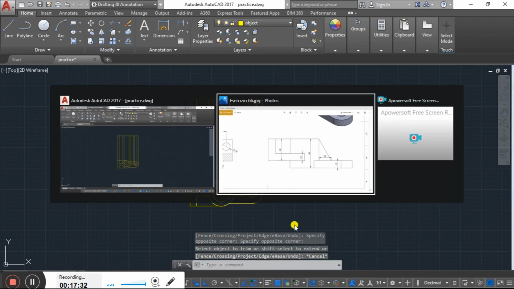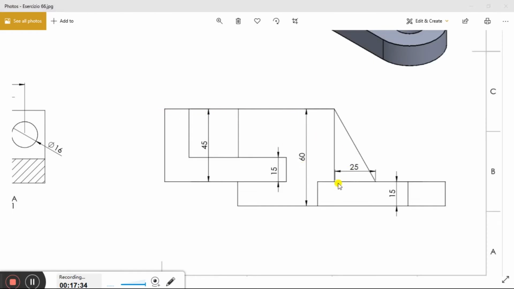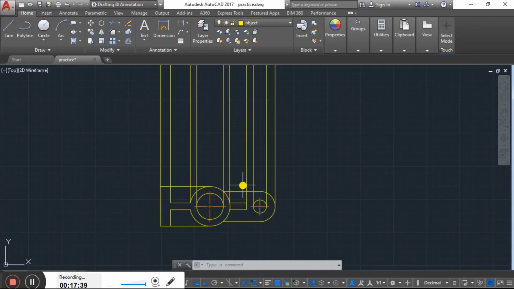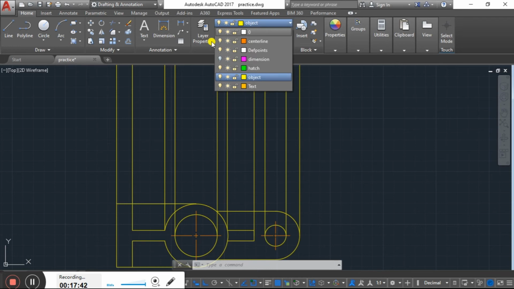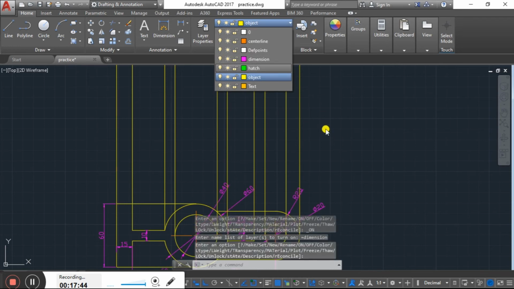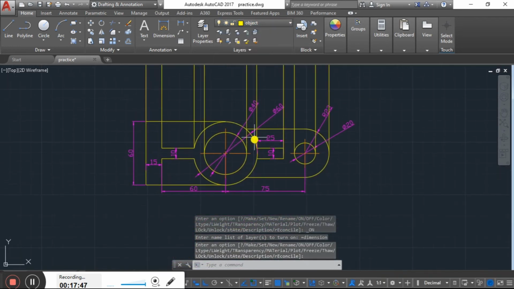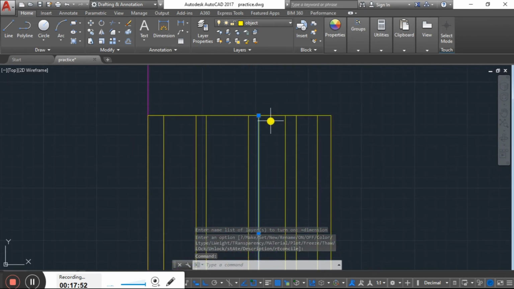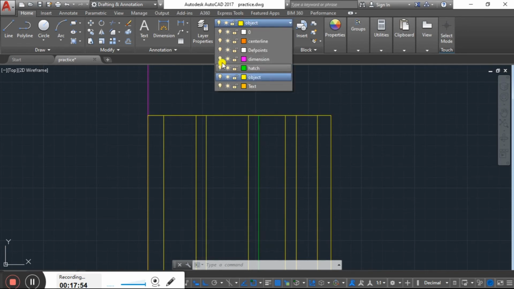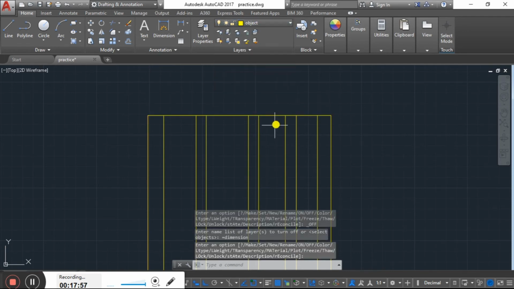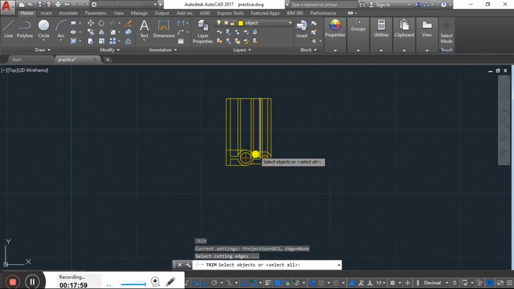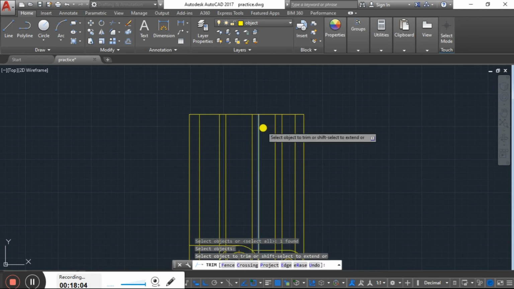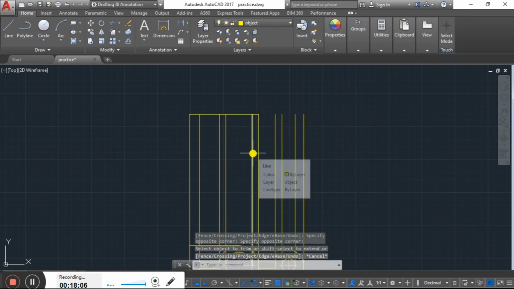As we have seen, this top line is up to this dimension where the 25 dimension starts. So where will the 25 dimension be? See, up to here, up to this line. This is the selected line. From here we just have to delete it or trim. Which one? This one. Up to this we have to delete. Select this line. Now the line has been deleted.